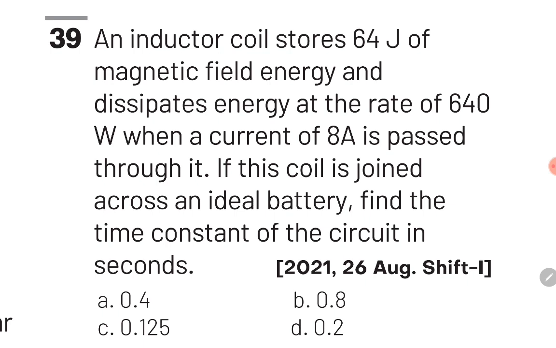And guys, after this, we'll use the formula of power loss across a resistance. This formula is power loss is equal to I square R. Guys, by using this formula, we'll find the value of resistance R. And guys, once we know the value of inductance L and resistance R, we'll use the formula of time constant for an LR circuit. Guys, this formula is time constant tau is equal to L by R. So guys, by using this formula, we'll obtain the final answer. Let's observe this in the solution in the next slide.